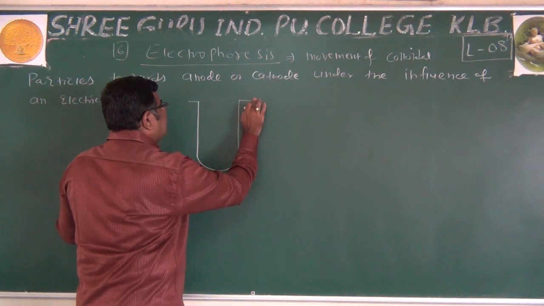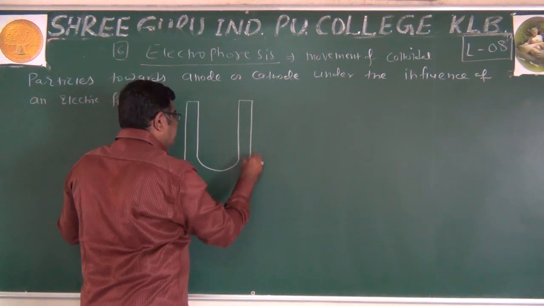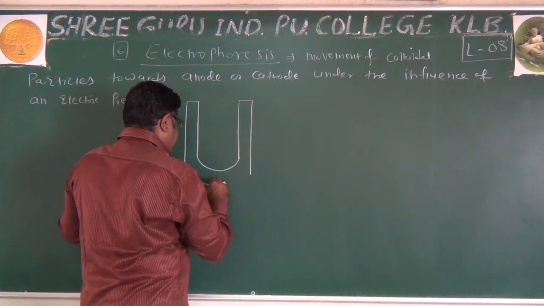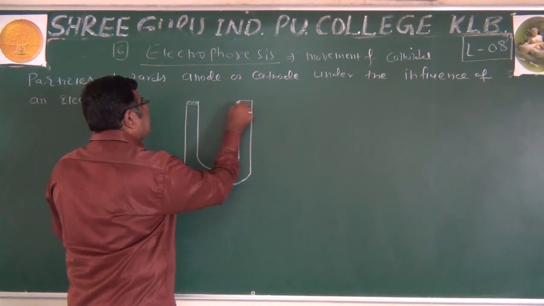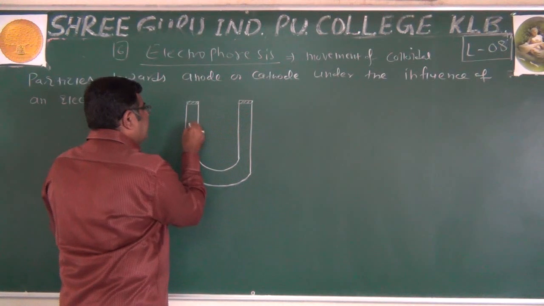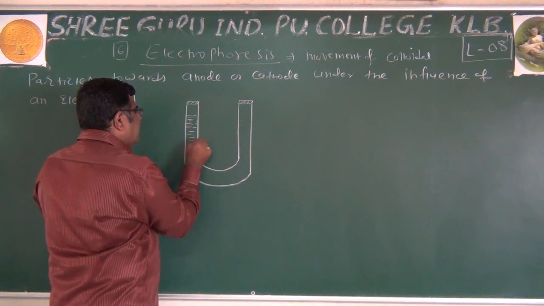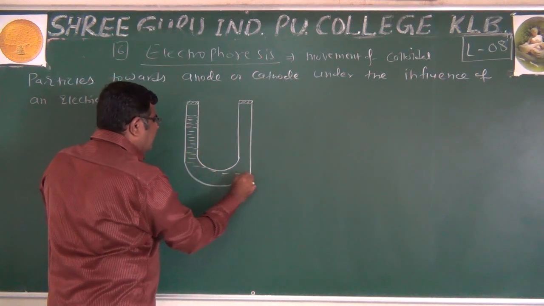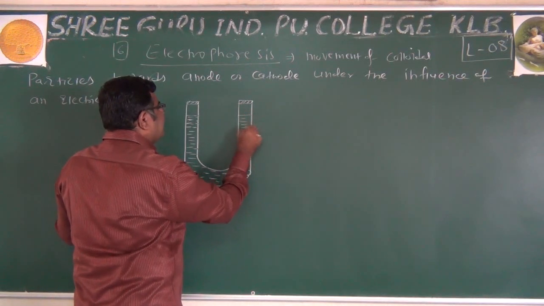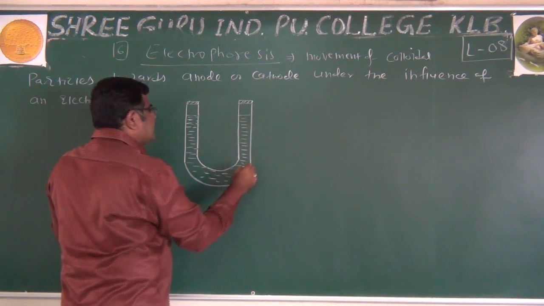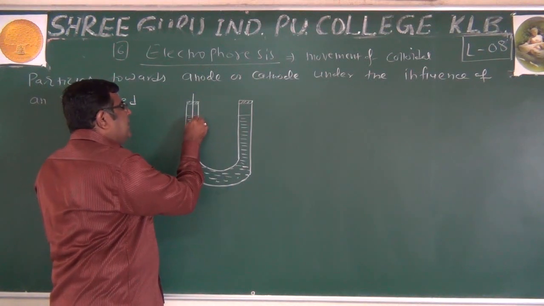This is a glass tube, like this, and in this glass tube they will take the colloidal solution. Which colloidal solution? That colloidal solution of which charge is to be determined. Like this, colloidal solution is taken, and in this platinum electrodes